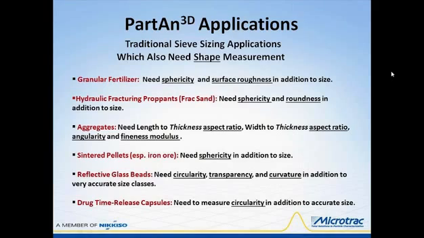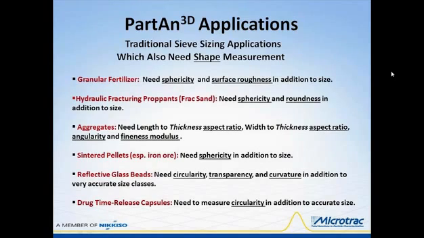Next, the frac sand application recognized the need for shape measurements as early as the 1960s, when Krumbein and Sloss developed their chart for using manual optical microscopy to quantify the sphericity and surface roughness of frac sands, or proppants as termed in the industry. With the Partan technology, a subjective, inaccurate manual microscopy measurement that took many hours to complete can be done in about 3 minutes. The frac sands have to be smooth and well-rounded to allow free flow of natural gas through